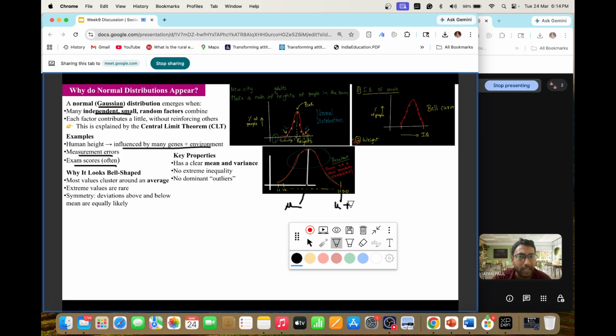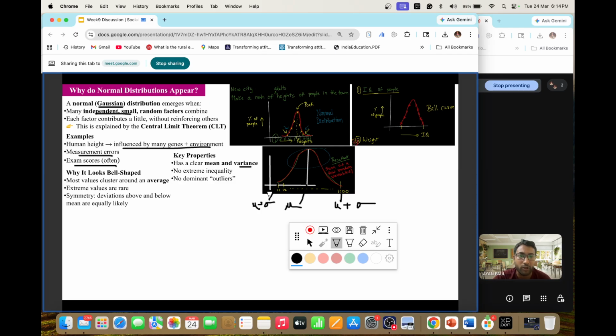And this end will be known as mu plus sigma. What is mu plus sigma? Sigma is nothing but standard deviation. And what is standard deviation? Standard deviation is root over the variance. And what is this? That is the left extreme. So left extreme is mu minus sigma. So mu plus sigma at the right extreme, and mu minus sigma at the left extreme.